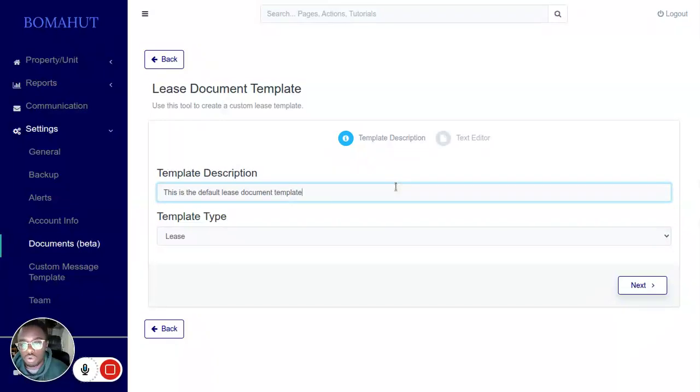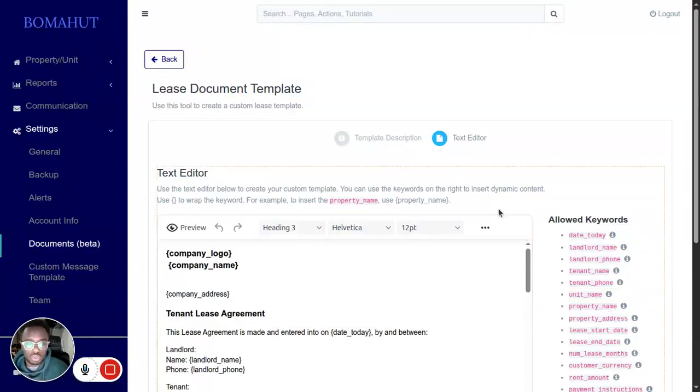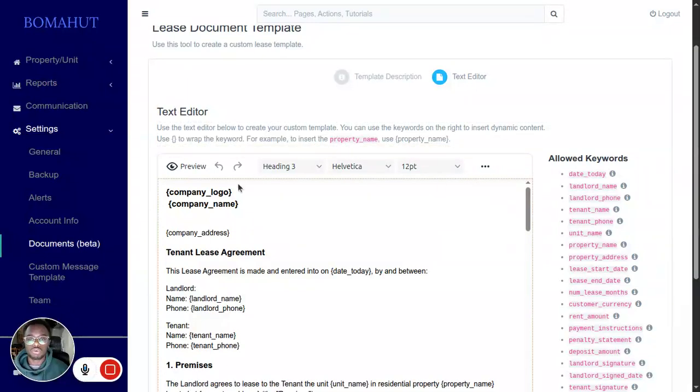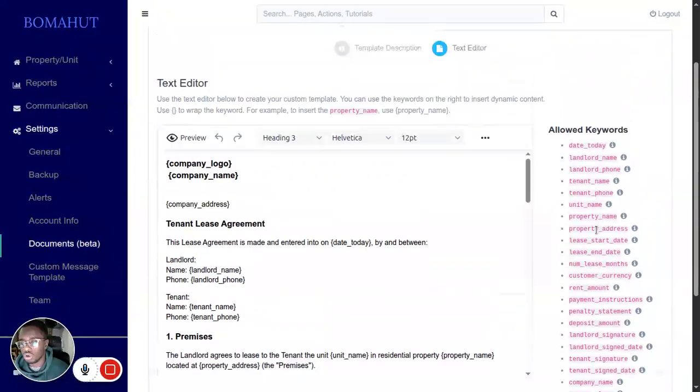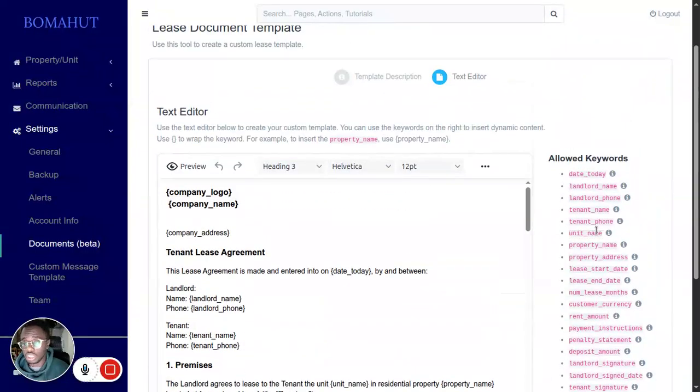So the next step you can do is by clicking either the next button or the text editor button. But I'm going to click on the next button. When you go to the next step, you're going to see a lot of information that I'm going to break down for you. The first information you're going to see on the right is the allowed keywords, which are items like date today, landlord name, landlord phone, tenant name, which all look pretty foreign if you don't understand where they come from. And in the middle, you're going to be seeing